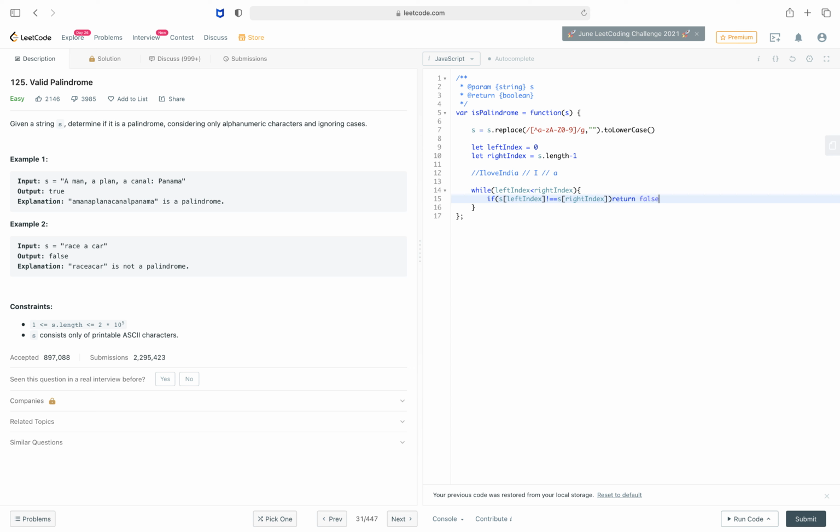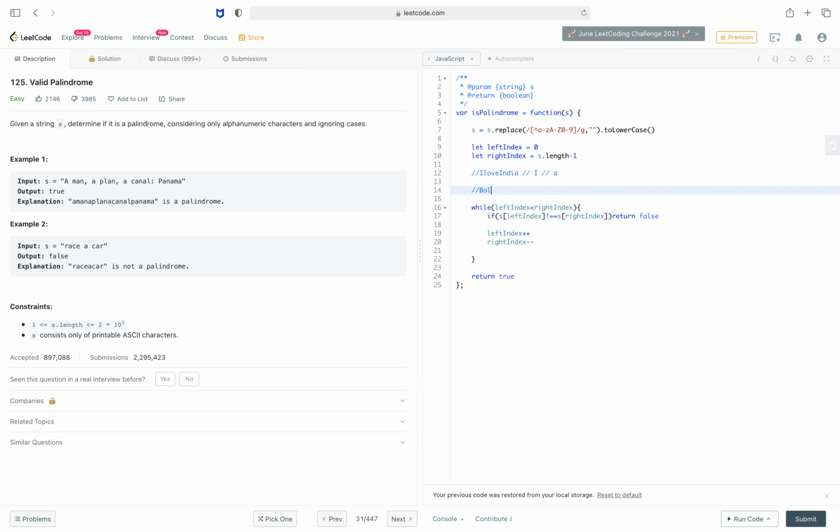Then increase the left index, which starts from 0, and decrease the right index, which starts from the length. This way we have our comparison. If all match, return true. You got it, right? Let me show it to you again.